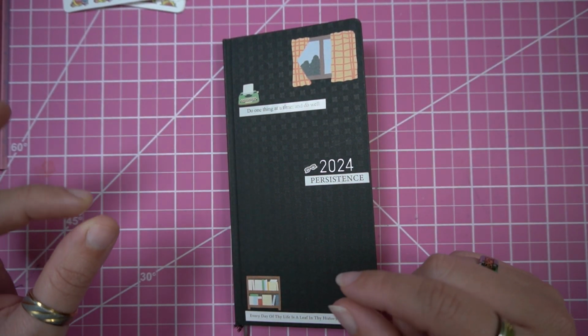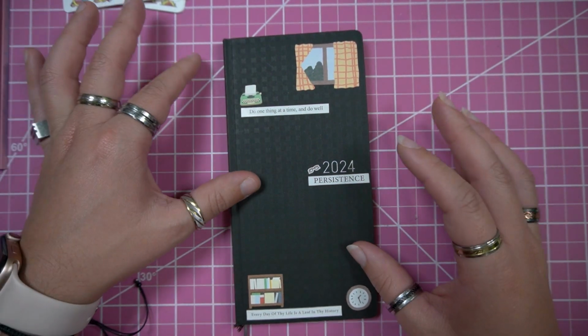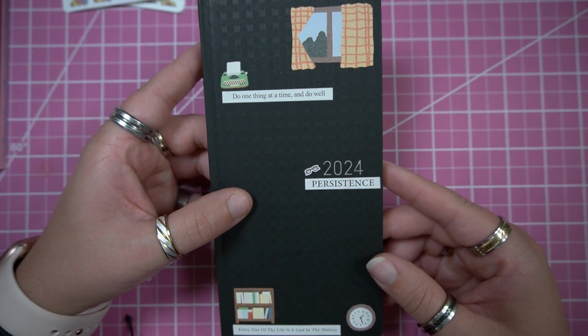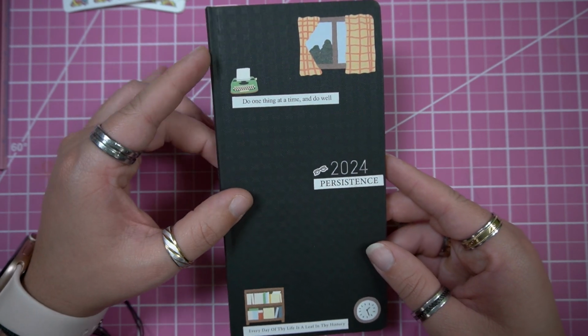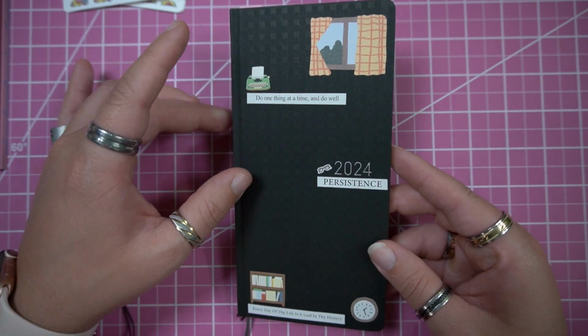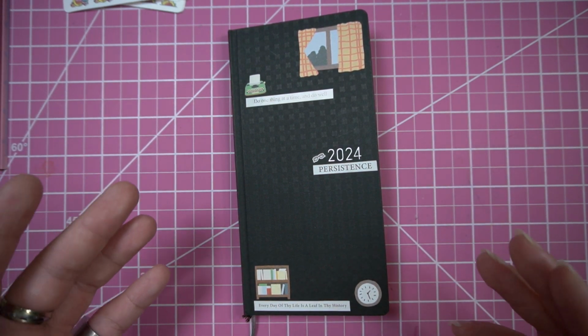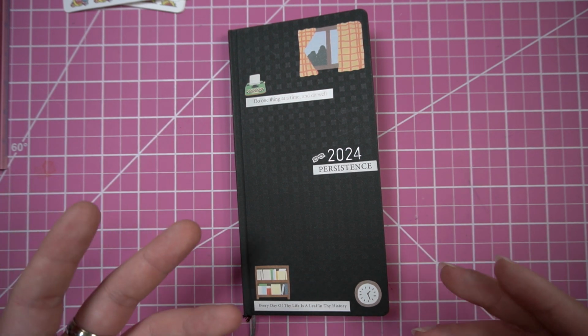2024 functional setup. This is going to be a planner that I'm going to use for my personal everyday kind of planning. I wanted it to be small, minimal, and overall as functional as it could be, okay? And I'm planning on using this Hobonichi Weeks alongside a bullet journal, kind of in congruency, and possibly phasing